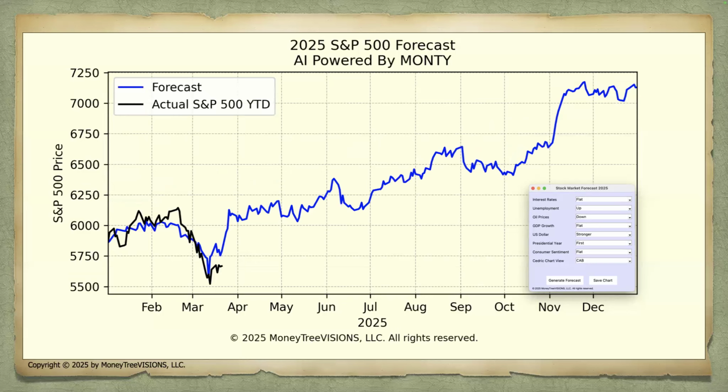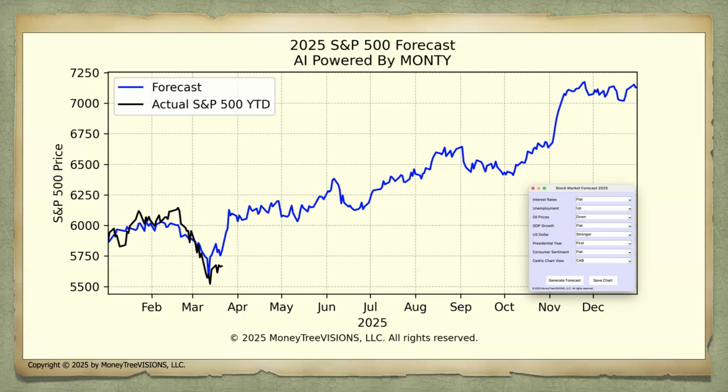Here is 2025 and the actual. Look what's happening. Maybe we're lucky, but the forecast said we're going to have a big drop going into March and April, and the actual is right on top of it. But there's going to be a recovery, and going out into the future, we get into May and June and start a new kind of uptrend.